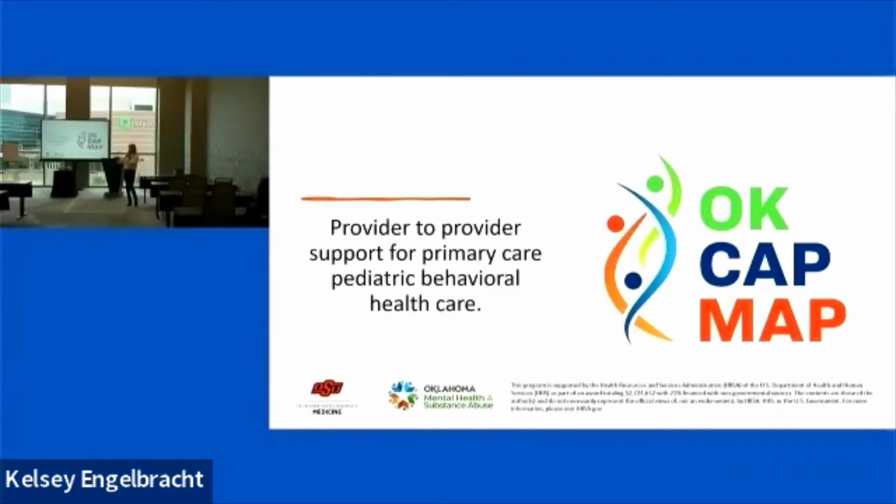And we give them a list of modalities that they're certified in, modalities they're trained but not certified in, modalities they're trained and supervised in but not certified, right? So certified, supervised, trained, so that we can really look and see, okay, we have an 18-year-old Asian American young woman who identifies as LGBTQAI, and she is struggling with substance use disorder and maybe some domestic violence in a recent relationship. Okay, we can find those providers that would best meet her needs and try to give the family a good